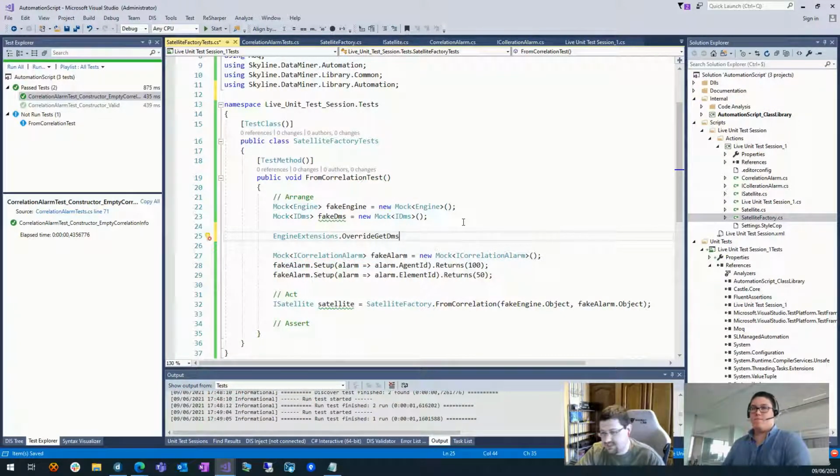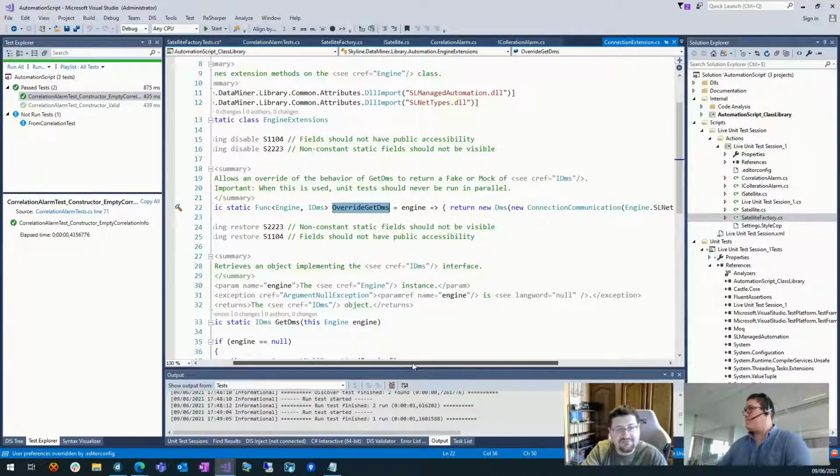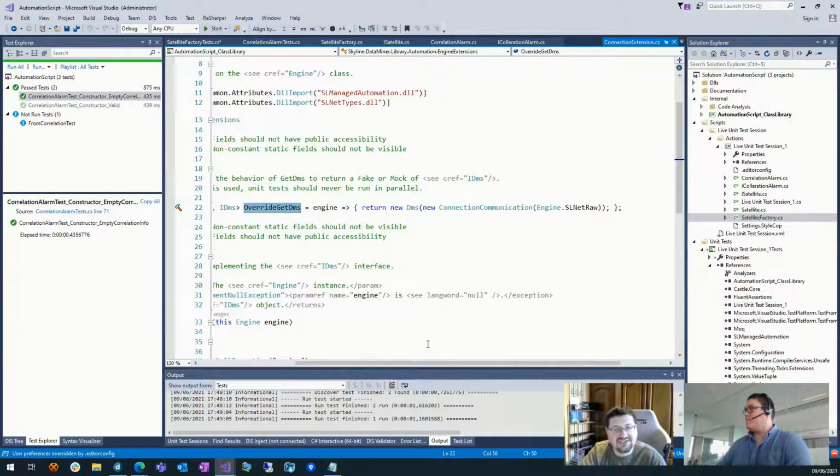If you F12 that one real quick, you can see the original implementation is: return a new DMS from engine.SLNet.RawConnection. And oh boy, if you need to start mocking all of that, you'd need to mock SLNet, and that's a big boy. So you don't want to touch that one if you can avoid it.